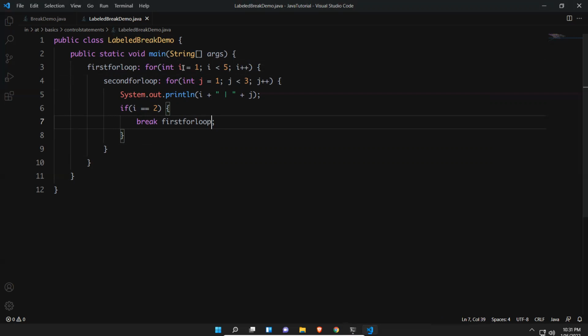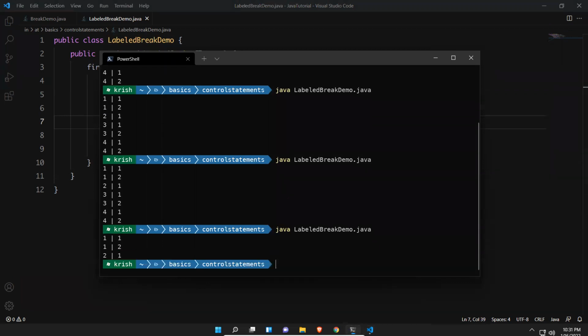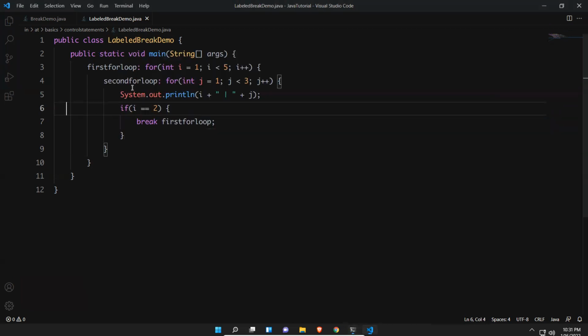So this time it will print i equals 1, come here, and print 1 1, 1 2. Then 3 less than 3 is false, so it will come out of that.